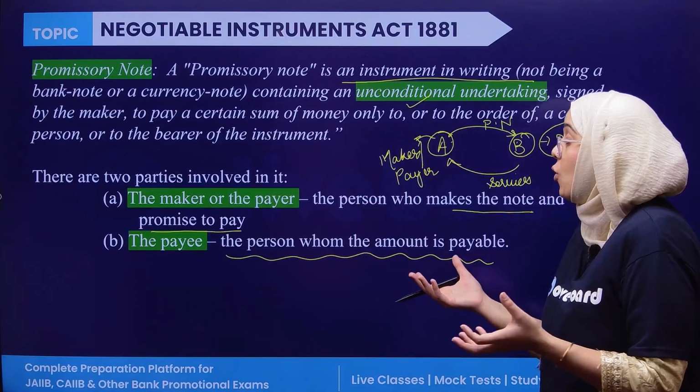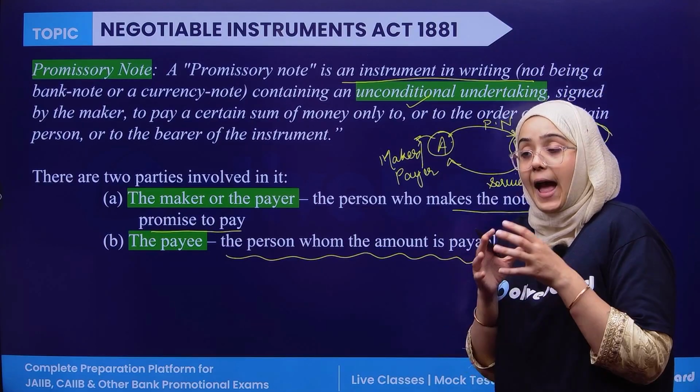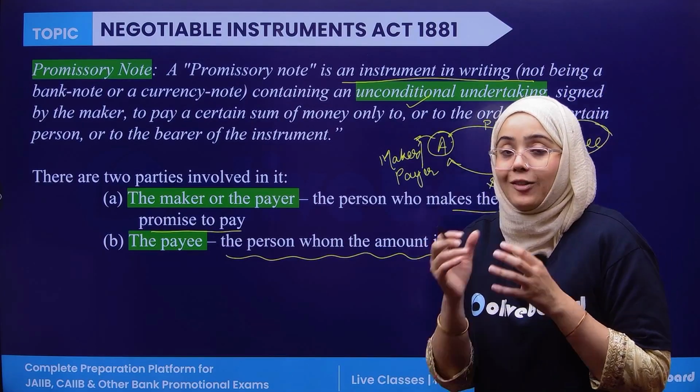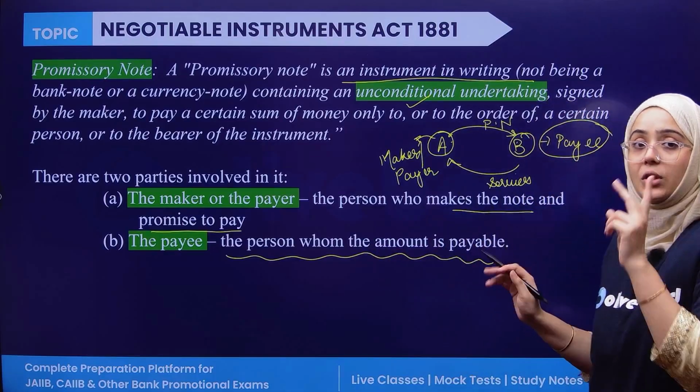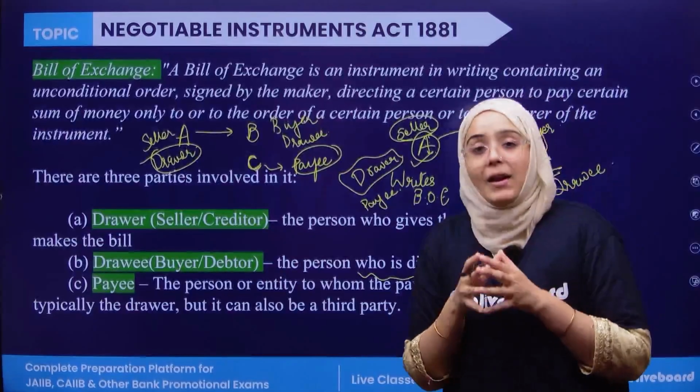Payee is the person who is actually receiving the amount, and the payer is the one who is actually giving the amount. So I am promising to you. I am the payer and you are the payee. There are only two parties. Now in a bill of exchange, I am ordering,